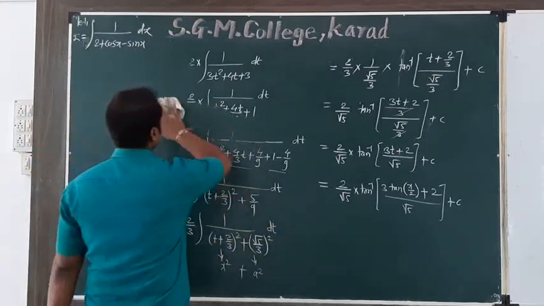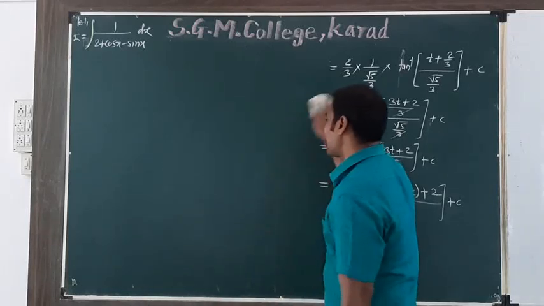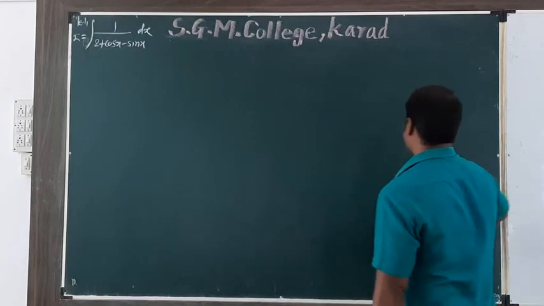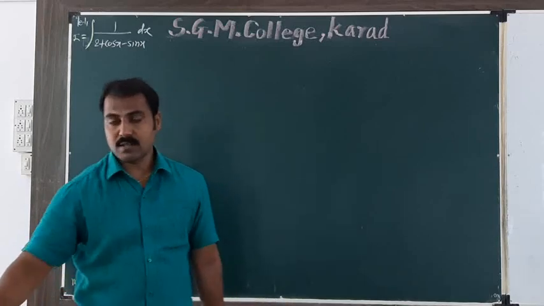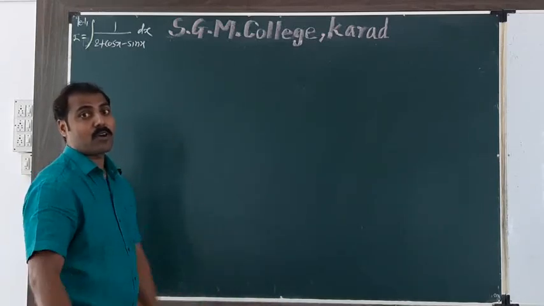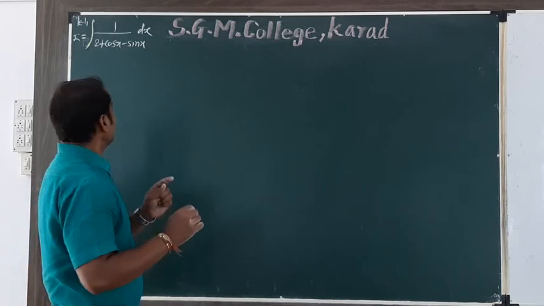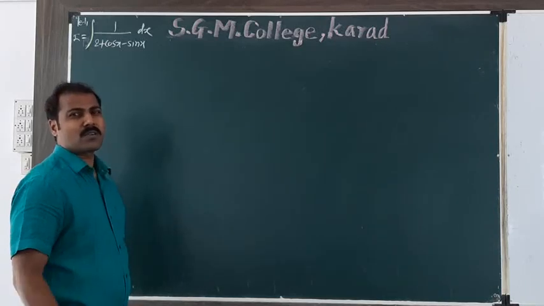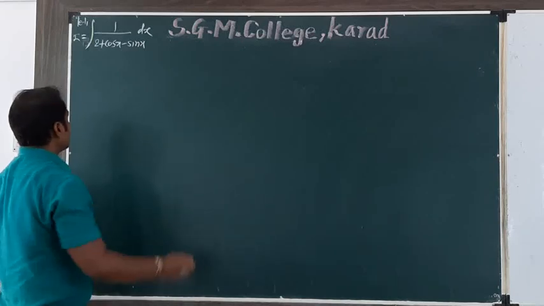Look at the example: the numerator is 1 and the denominator contains trigonometric terms. Which are they? Sin and cos. So which type of integration is this? Trigonometric integration. It looks like integration of 1 upon a plus b sin x plus c cos x, or integration of 1 upon a sin x plus b cos x plus c dx, where a, b, c are constants. In this method, the first step